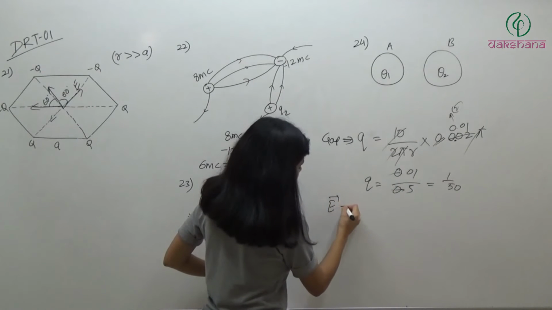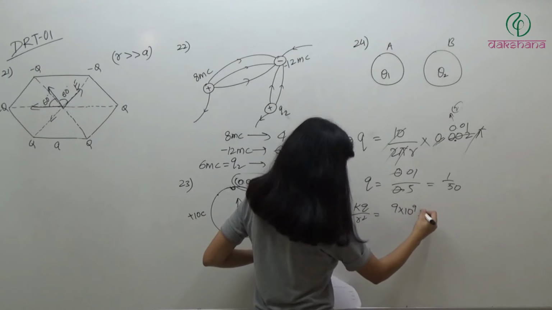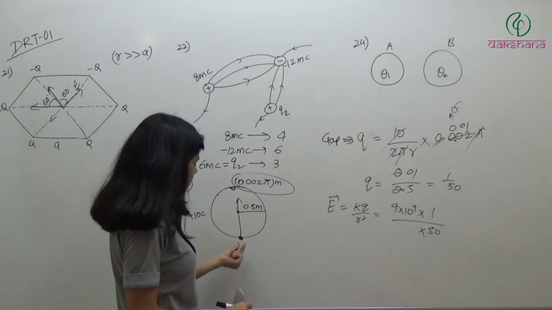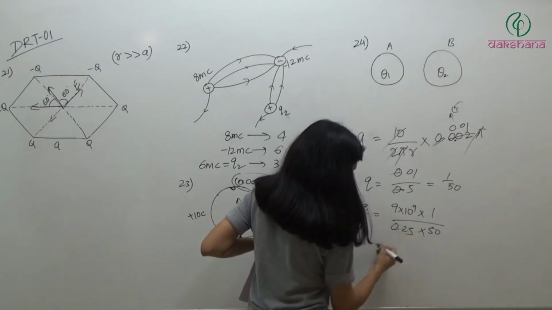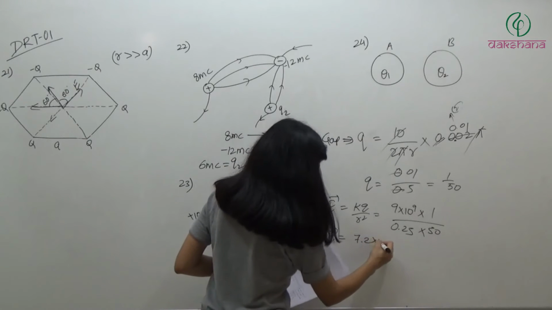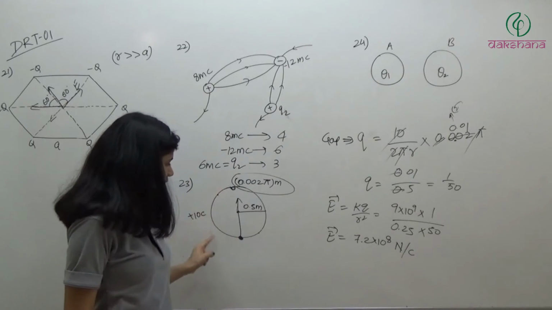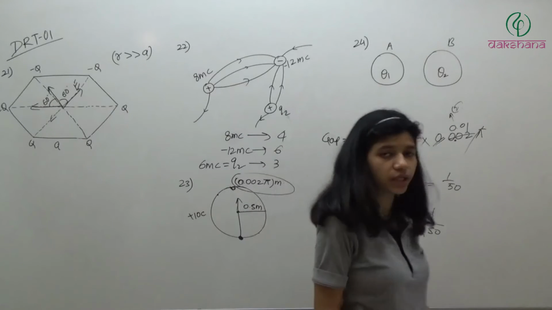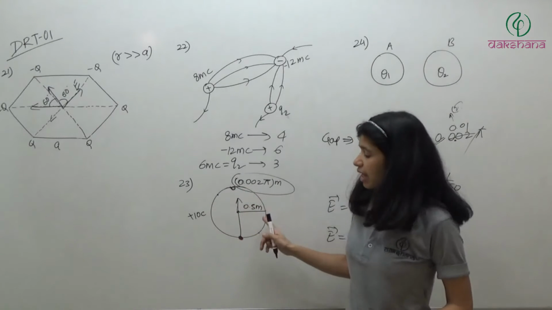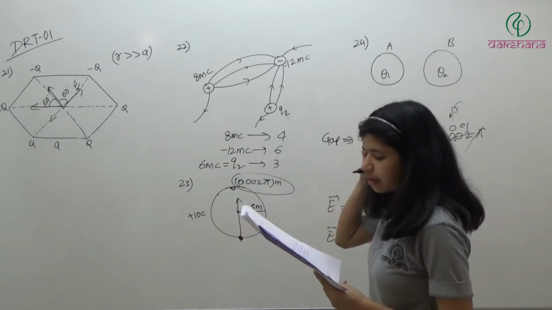So now the electric field is equal to K Q by R square. Here we have 9 into 10 to the power 9 into Q, which is 1 by 50, into R square, where R square is the distance, which is again 0.25. So if you solve it, you will get E equal to 7.2 into 10 to the power 8 Newton per coulomb. This is the field because of this gap; other than that, all the parts will cancel the field due to each other. This part has no charge on the opposite side, that's why we will have a resultant field only because of this point, and we can consider this as a point charge. So the answer will be the second option.